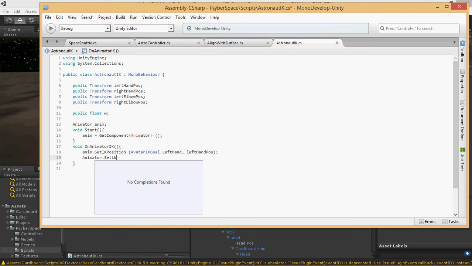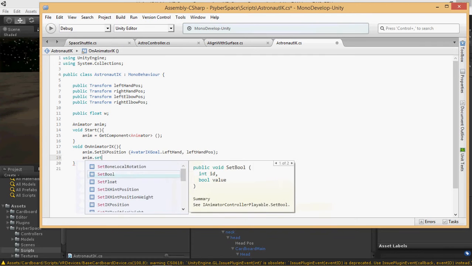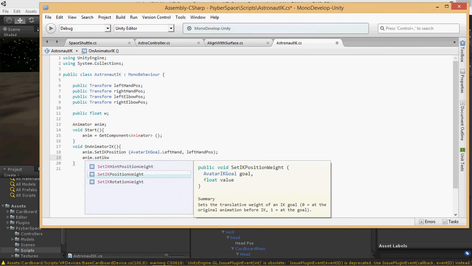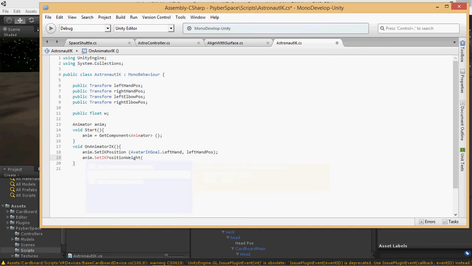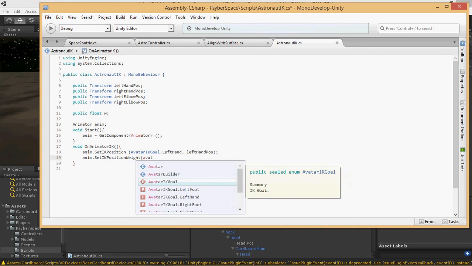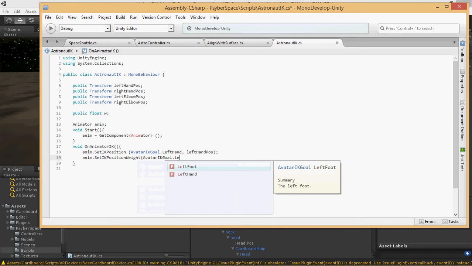And dot set IK weight. Oh man, why do I keep on putting animator in there? Let me try that again. Anim dot set IK weight, or position weight. I'm gonna say avatar IK goal, left hand again, and then its weight is going to be,